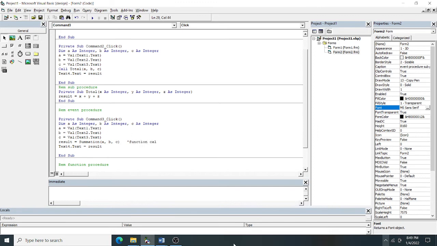You can use a REM statement to write a comment, or you can use a single apostrophe for a comment. Now, next, where is the function call? Here, this is not a function call, I will say this one is a procedure call.